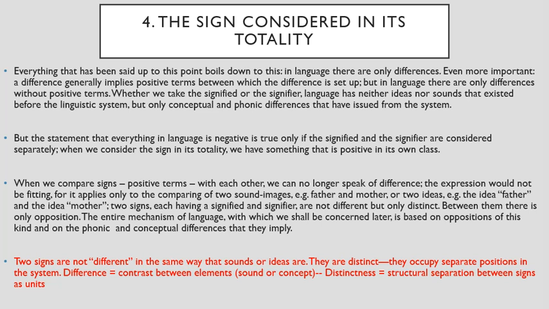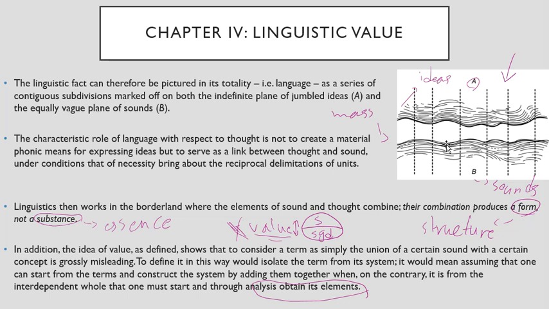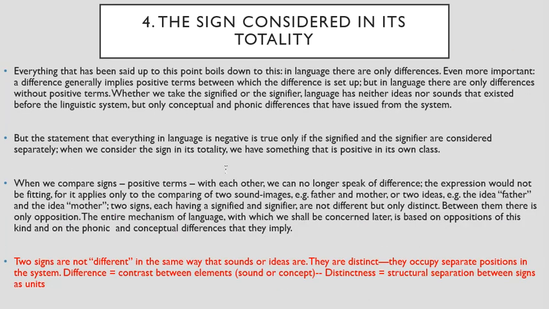If you remember that painting I showed you of the masses of thought and chaotic forms, let me see if I can find it. So language is that here, this one. Okay, before language, this is what we're dealing with, and after language, we have a system. So before language we have neither ideas nor sounds that exist. Okay, now we understand that from the differences that they have,